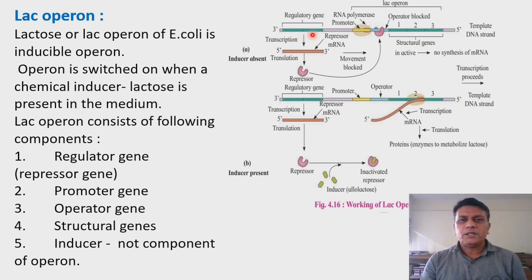This regulatory gene carries out transcription and produces a messenger RNA, called the repressor messenger RNA. This repressor messenger RNA undergoes translation and produces a protein called the repressor protein. So in absence of lactose, this repressor protein binds to the operator site and the operator site is blocked